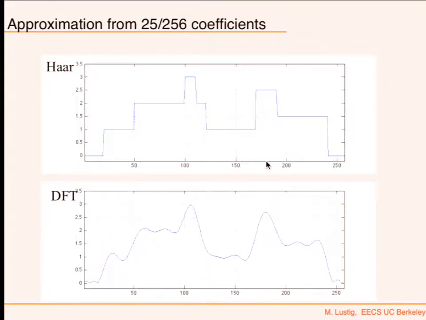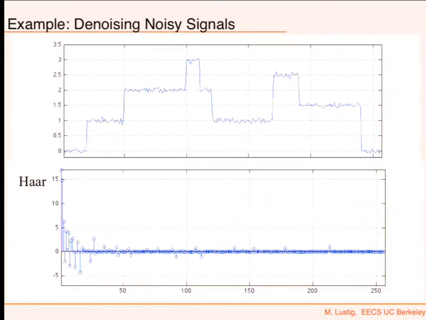The other thing it allows me is, what if my signal was noisy? There's a case where my signal is noisy. How does noise translate into coefficients in the Haar transform? This is an orthogonal transformation. Orthogonal means that any random variable, let's say this is a Gaussian distribution that's IID, independent and identically distributed, it would also translate into an IID Gaussian in the Haar transform. So the distribution of noise doesn't change because it's orthogonal.